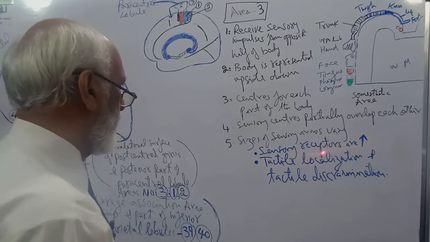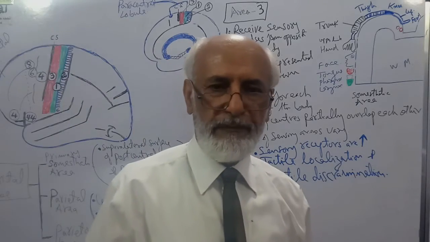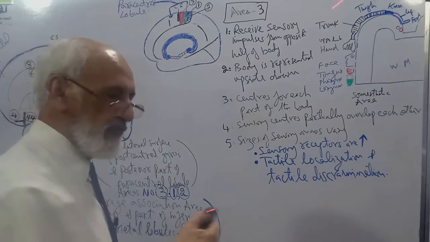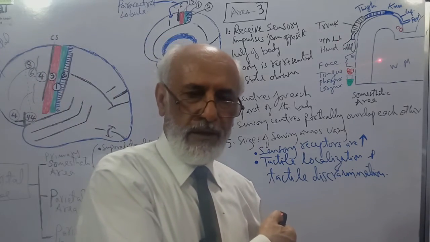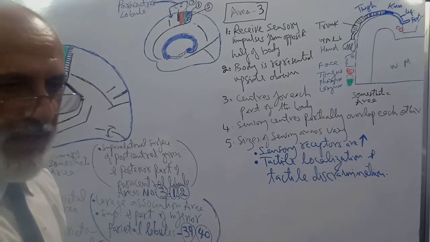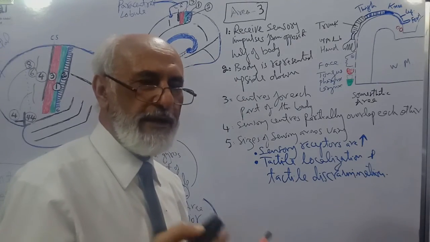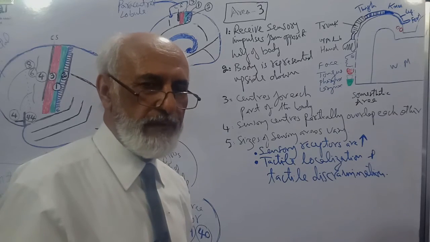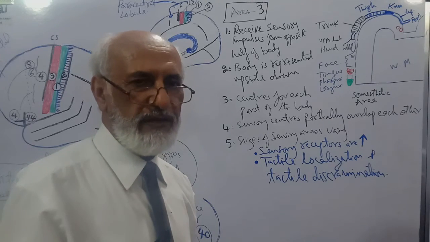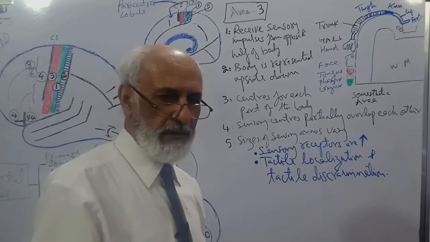So in the motor cortex, I have drawn the physique of the human body according to these sizes. So according to the sensory centers in the Brodmann cortical area number 3, the supralateral surface of the postcentral gyrus, because the various centers vary in size, if you draw the physique of a human body according to the size of these sensory areas, what will be the appearance of the human body? I will again draw a diagram to explain this fact.